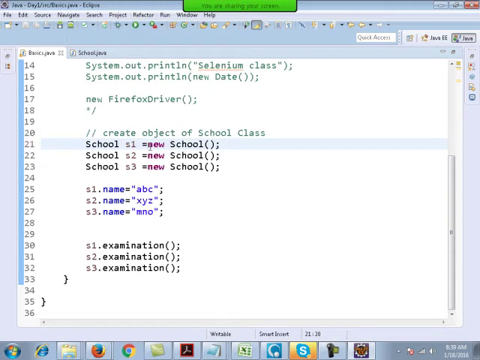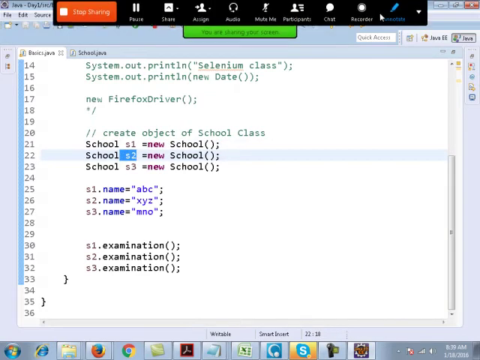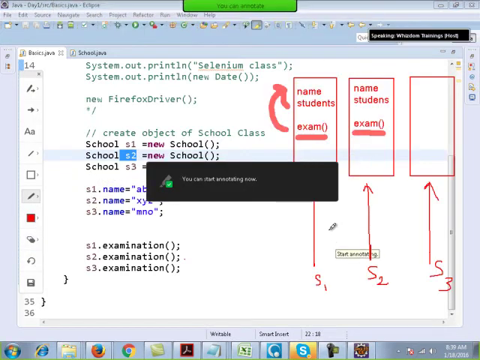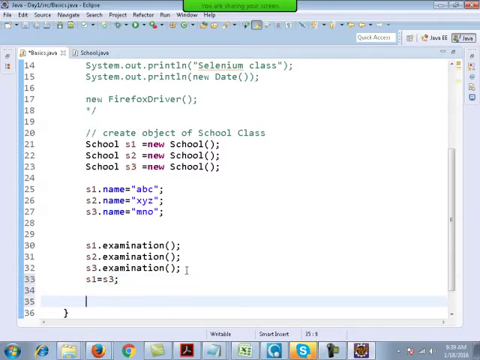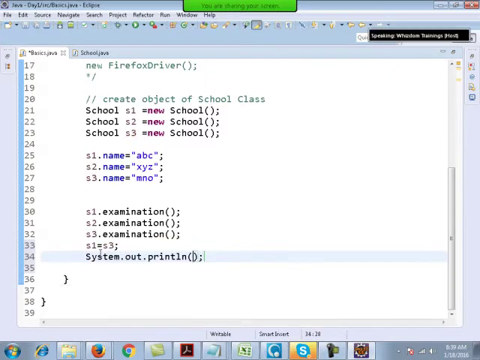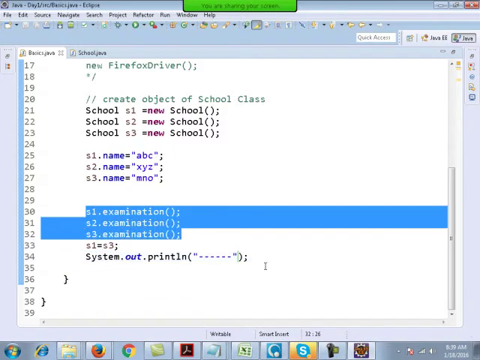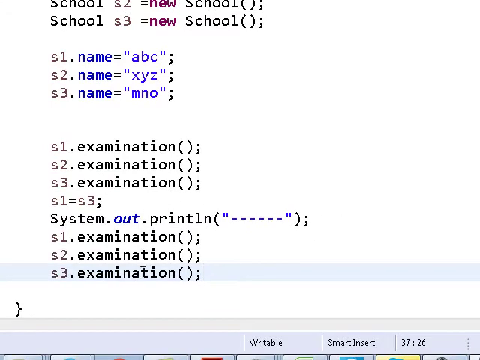But there is a difference between objects and references. A reference can change. Suppose I write over here S1 equals S3 and print this again, S1 dot examination, S2 dot examination, S3 dot examination.